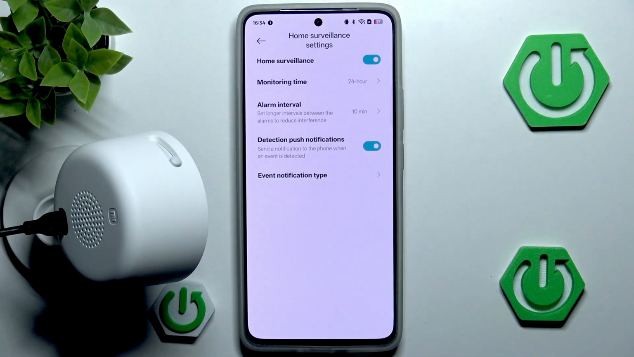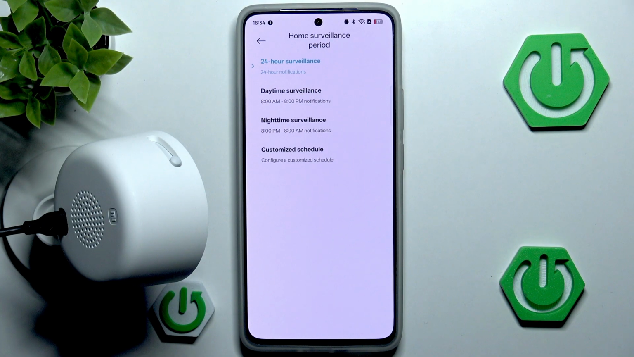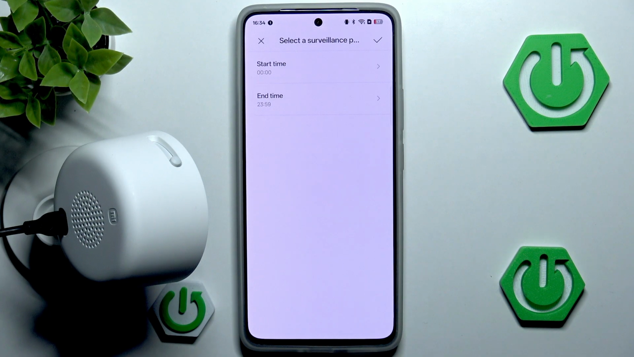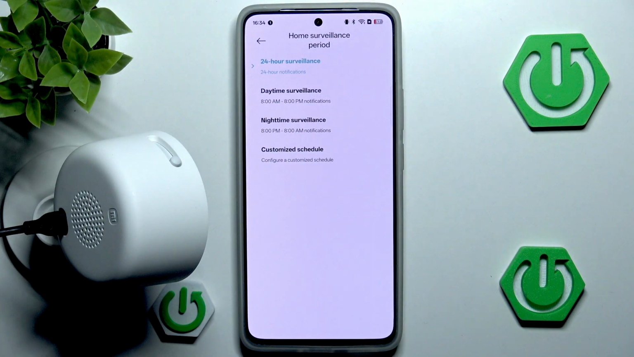So now we can leave this. We can also customize a few different things like the monitoring time. We can go into daytime surveillance, nighttime surveillance, or even better, the customized surveillance, which by default is your typical 24-hour change. And for example, if you want to see notification every time someone enters your property at the nighttime,